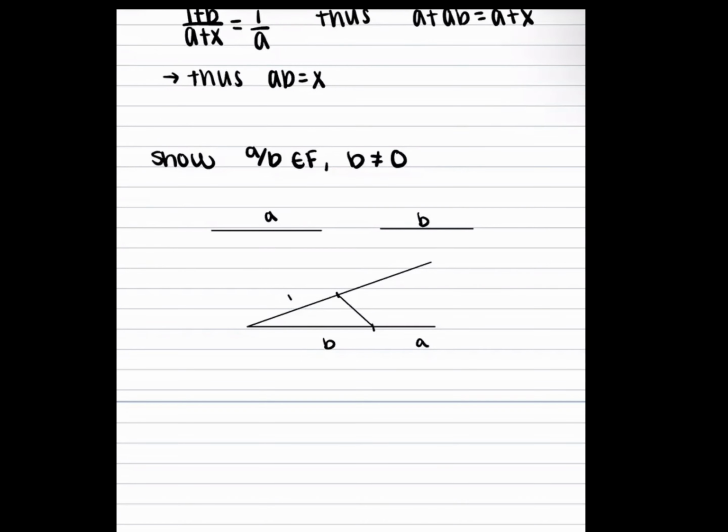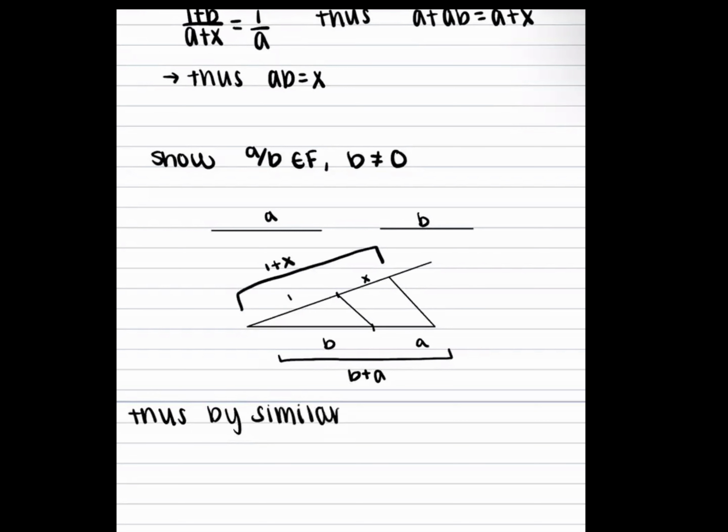We can then connect our points, marking 1 and B, and again, using copying angles, parallel lines here. We can connect the end point, therefore the line segment with length A there, with another point on the line segment, and we're going to call that extra spot X. And again, just pointing out that we know that the bottom line segment is of length B plus A, and that the top one would be of length 1 plus X. And thus, by similar triangles,